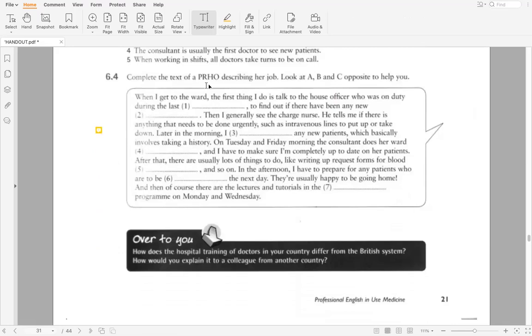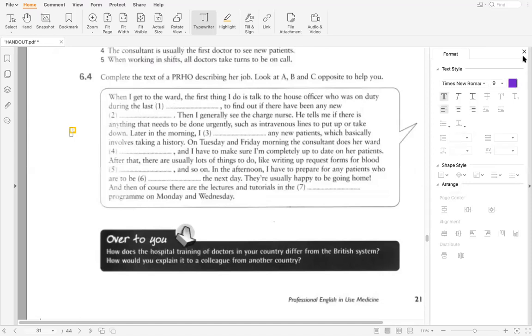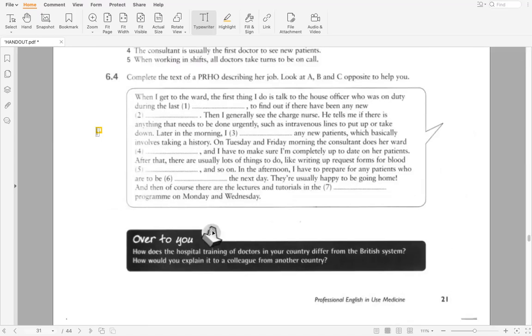Complete the text of a PRHO or house officer describing her job. Look at A, B, and C opposite to help you. We will look at the words in A, B, and C in order to be able to answer this part. When I get to the ward, the first thing I do is talk to the house officer who was on duty during the last